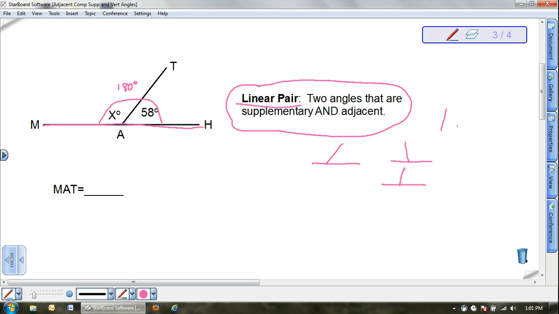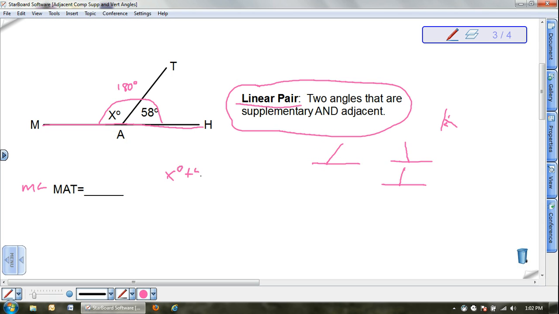Okay, or if it's like sideways like this, this is a linear pair right here, this angle and that one. Okay, so that's what a linear pair is. So back to our problem. We know that these two add up to 180, so if we want to find the measure of angle MAT, that is going to be x degrees